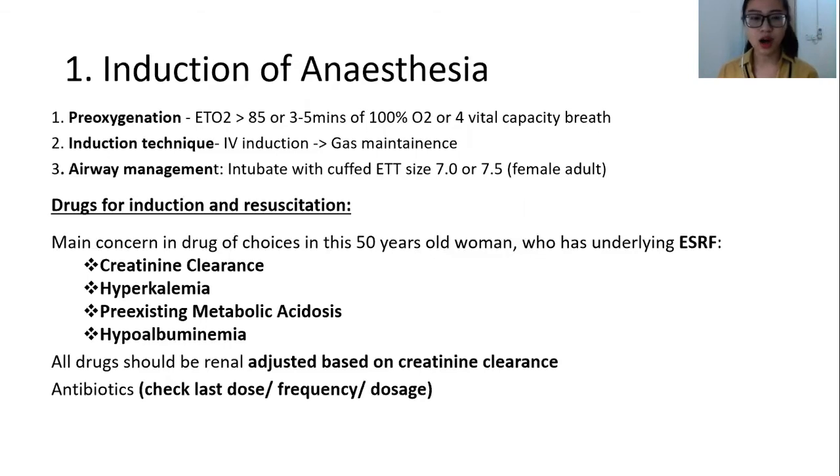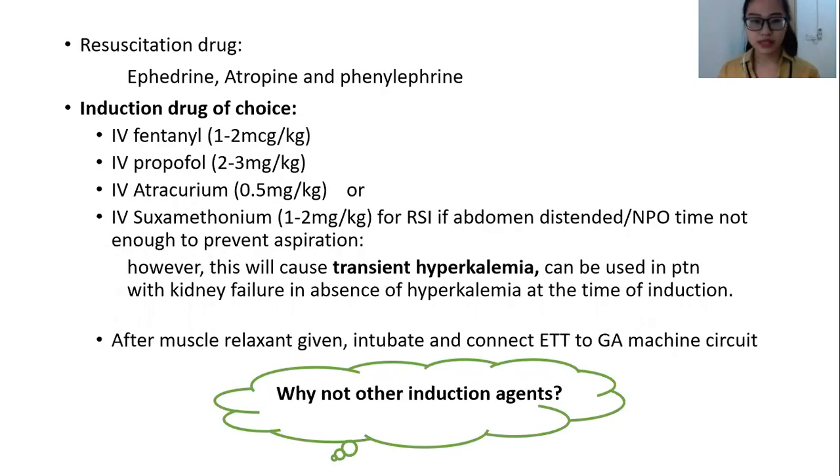In addition, for all the antibiotics given, we have to check the last dose, frequency, and the dosage to avoid overdose during the surgery. So for resuscitation drugs, we would like to prepare ephedrine, atropine, and phenylephrine. For induction drugs, we are going to give 3 types of anesthetic drugs. First, we will give IV fentanyl 1 to 2 microgram per kg, followed by IV propofol 2 to 3